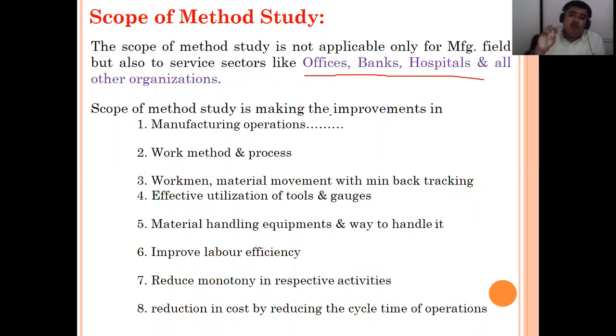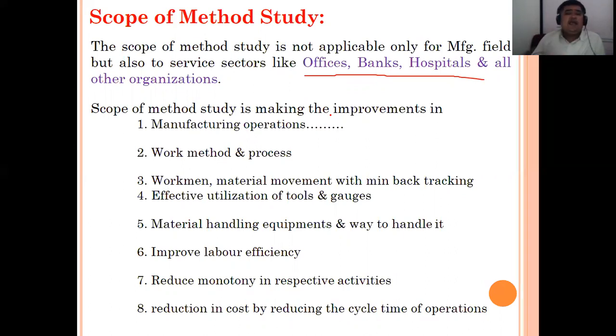800 people will go only up to the first floor, and from the first floor those 800 will go back. Next, 100 people may go to the third floor, to the ICU patients, and only 100 people may go to the fourth floor, to the very critical patients. So that is the part we are considering here, where people are flowing much more. Is it right? Where people are flowing much more.